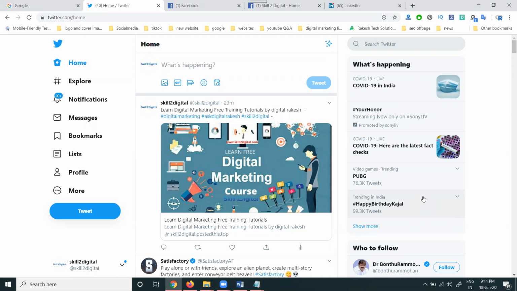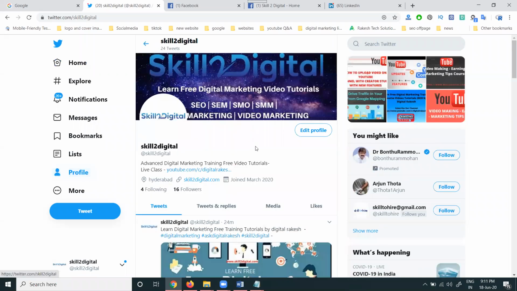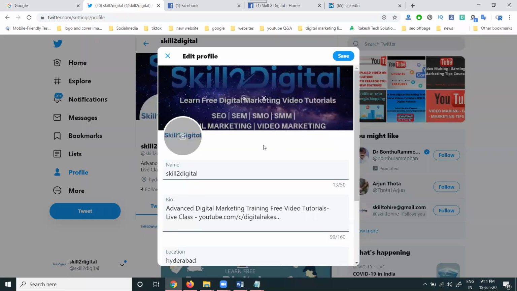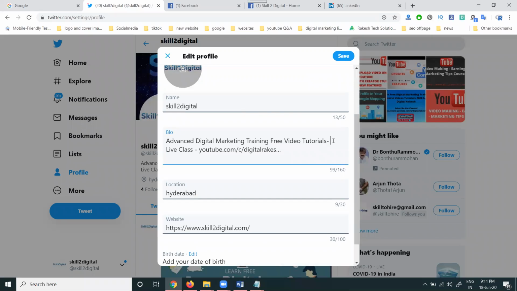First of all, your tweet post is more important. Coming to your profile, what you put in your profile will be given. In this, we have to use particular hashtags in your description option.